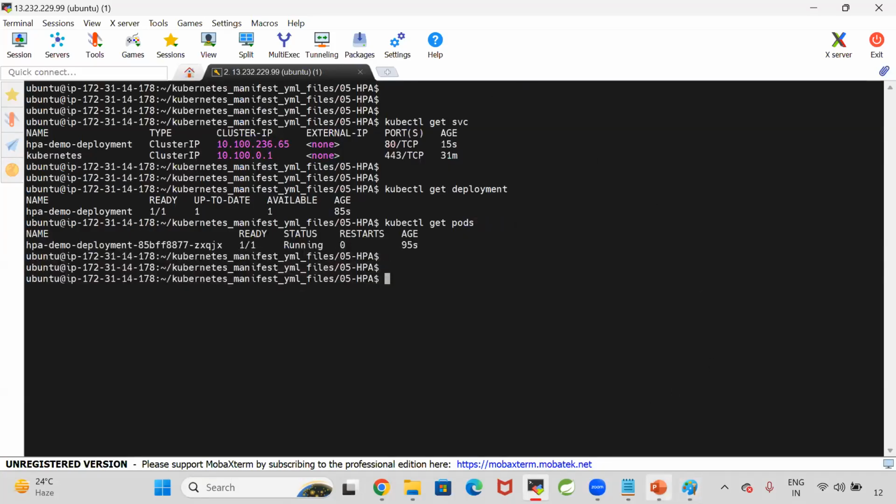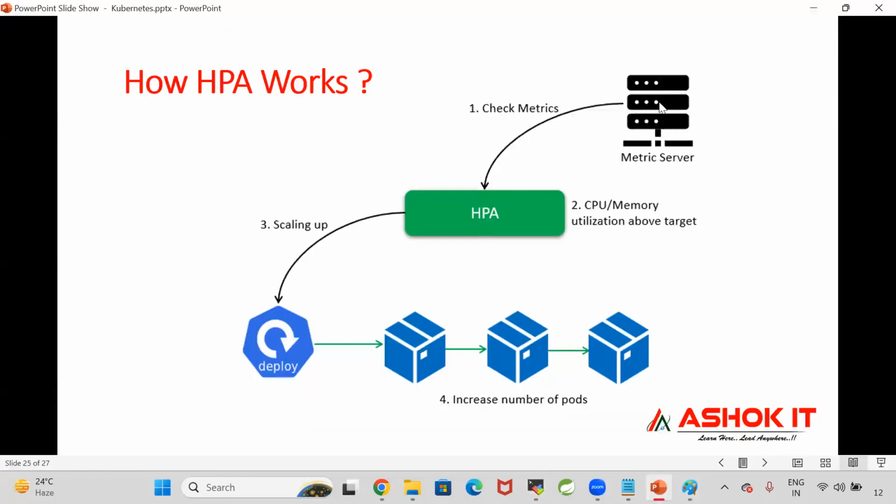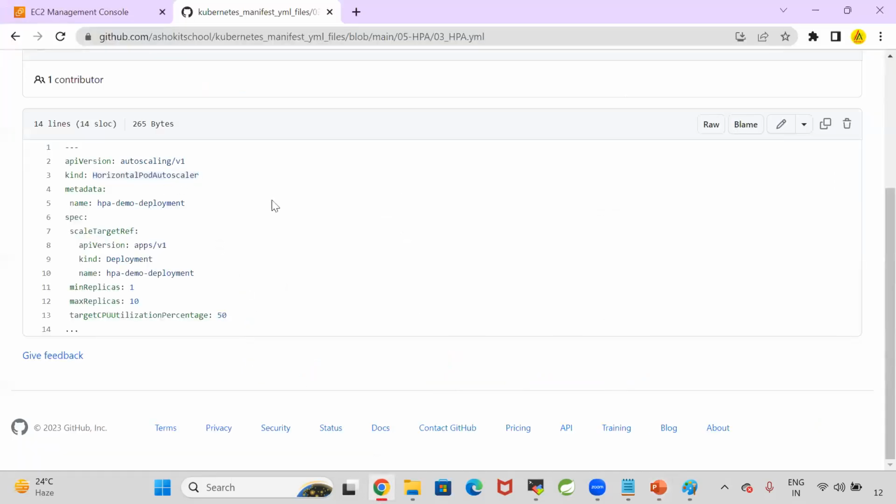Now I want to deploy my autoscaler, right? The metrics server is installed, my deployment is also completed, and one pod is running. To scale up or scale down the pod count in the deployment, I need to deploy the horizontal pod autoscaler. For the horizontal pod autoscaler, I need to tell which deployment it has to scale up or scale down, and based on what threshold. That configuration is available in the